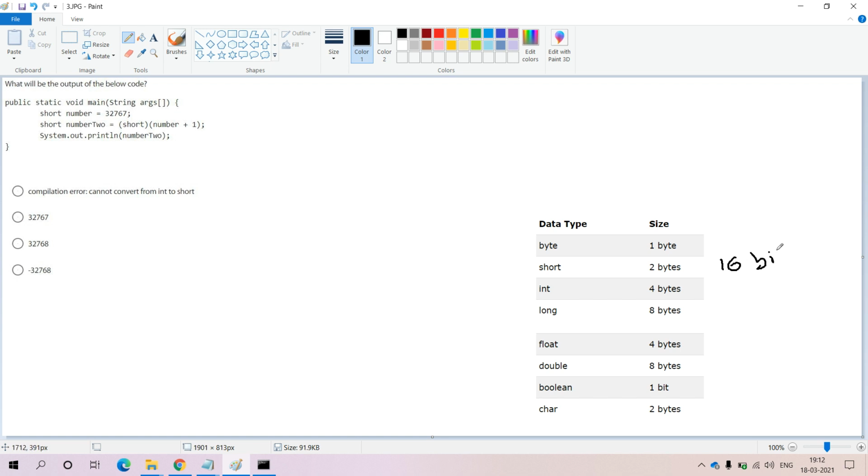The formula for calculating the range is minus 2 power r minus 1 to 2 power r minus 1 minus 1. Here r is the number of bits of the data type. For example, short data type size is 2 bytes, 2 bytes are equivalent to 16 bits, so r is 16.